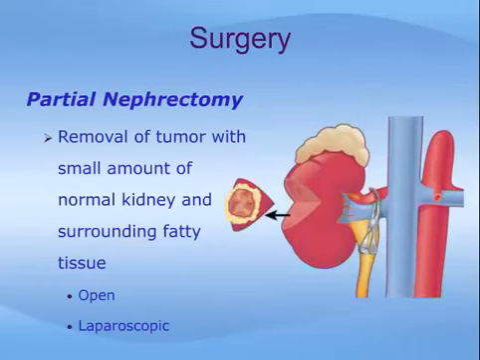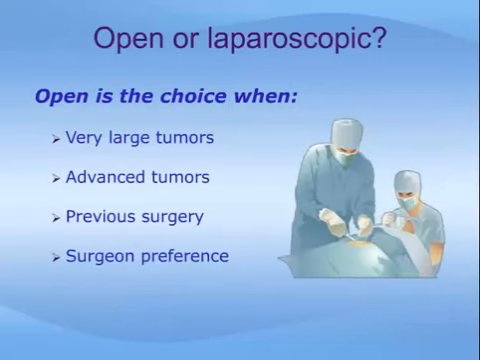As noted, partial nephrectomy involves removal of a localized kidney tumor along with a small amount of surrounding normal kidney tissue. This surgery can be performed through a traditional open incision or cut in the skin, or through telescopes called laparoscopic surgery. The traditional open surgical approach is chosen for very large tumors, tumors that have advanced locally into other